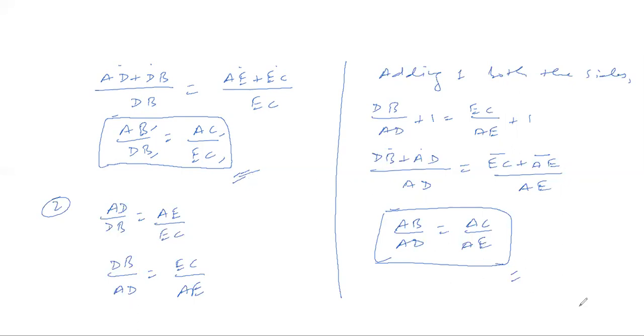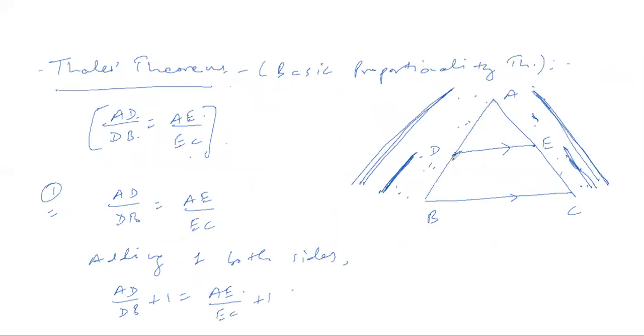So I'll brief you again. First of all, Thales theorem says that these two ratios will be equal to the ratio of these two sides. Also, we can apply it as this whole ratio with the ratio of this side, or we can say that this ratio with this whole ratio. Means we can take any part out of these sides, but we need to remember that whichever part we are taking on the left hand side, the same part will be taken on the right hand side also. Like if you're writing it as AD upon AB, on this side we'll have to write AE upon AC, because corresponding to AD, this side is AE.